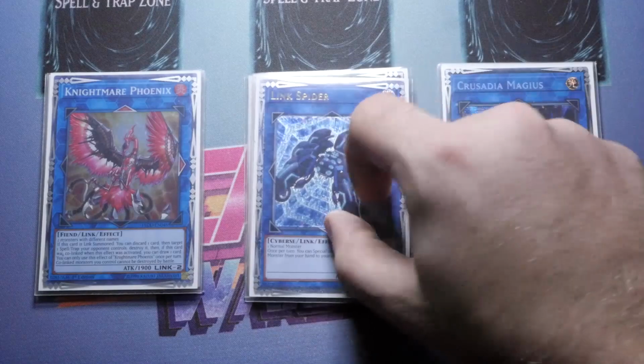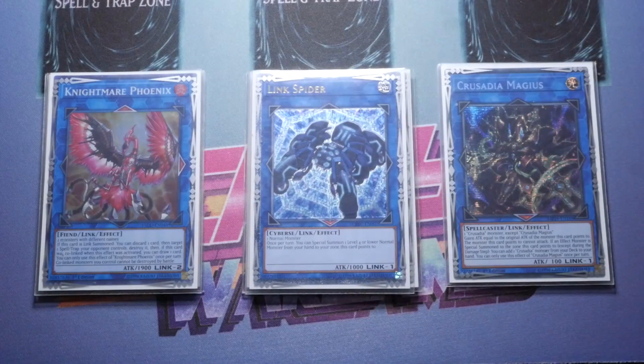We do have the 1 Link Spider, so this is if you do get Nibiru, you can turn the token straight into an effect monster, and that allows you to then get an additional search off of your Relux if you haven't done it already. Otherwise, it just allows you to turn it into a Link monster to then go into Ecomax rather than being